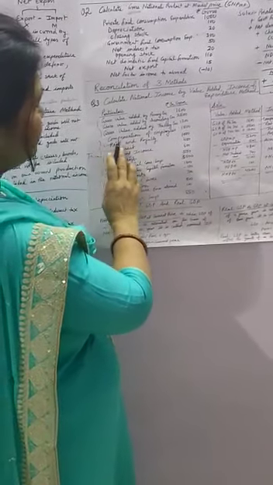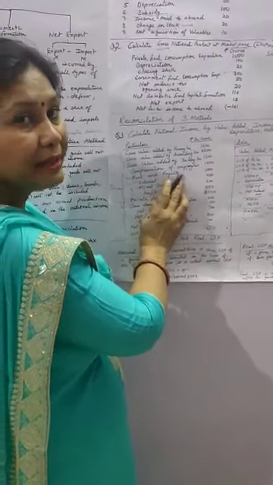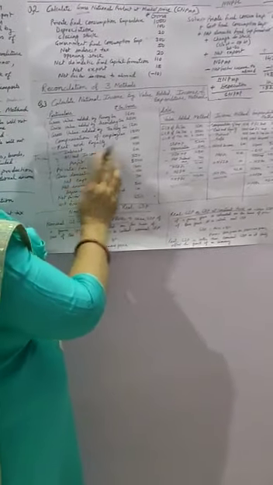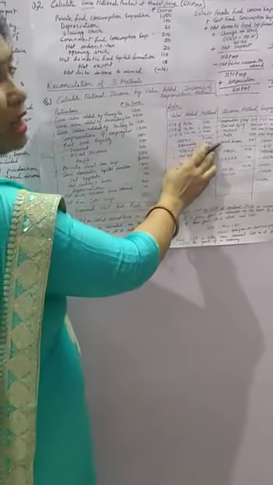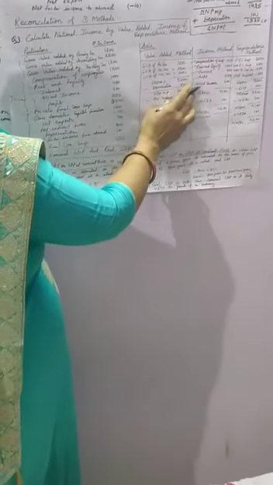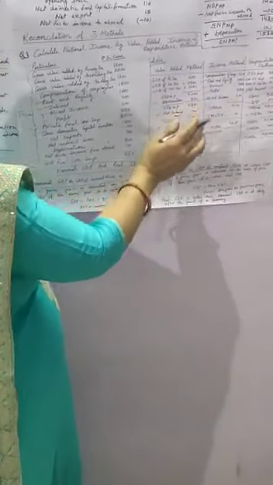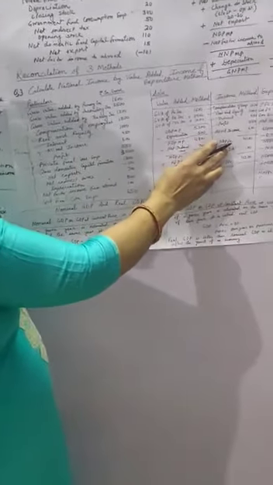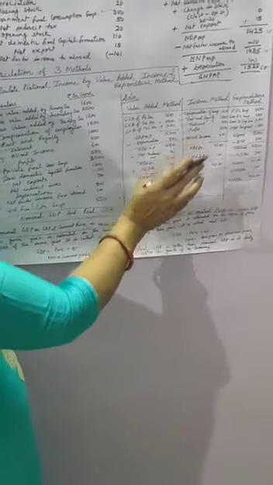Then the next adjustment is compensation of employees. This is the adjustment of which method? This is income method, so write compensation of employees in income method. After that, rent and royalty, this is also of income method. Interest is also an adjustment of income method. And mixed income, profit, you also write in the income method. So these are all the components of factor income. You post these in income method, and then what you get is not GDP MP. What you get is NDPFC directly. When you add all the factor incomes, NDPFC comes directly.